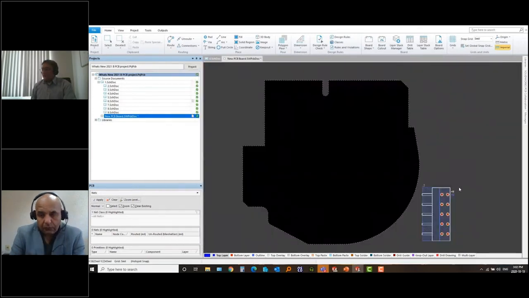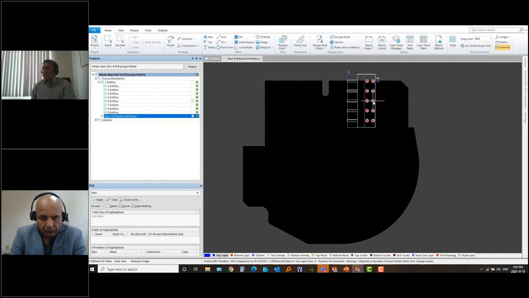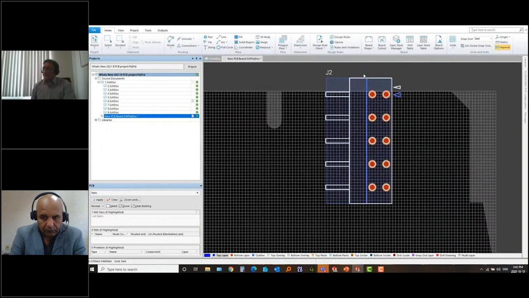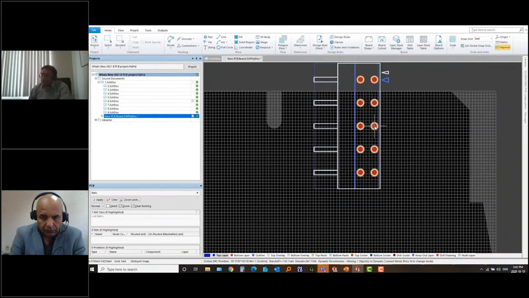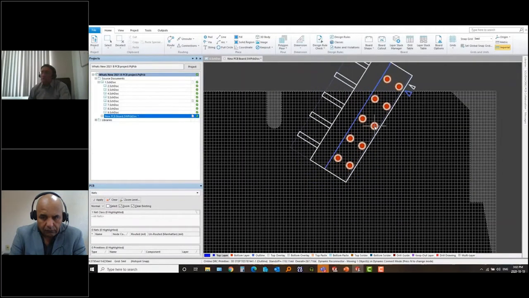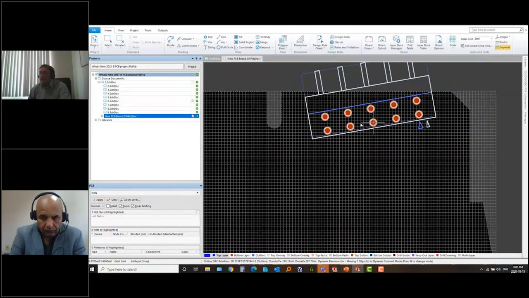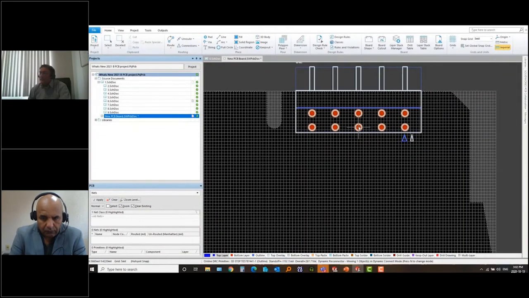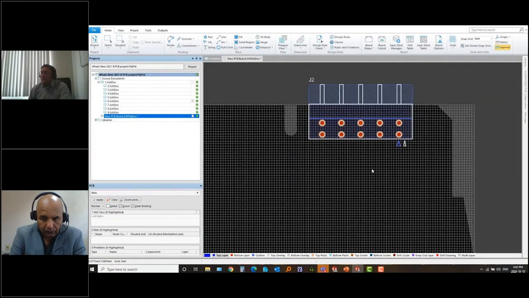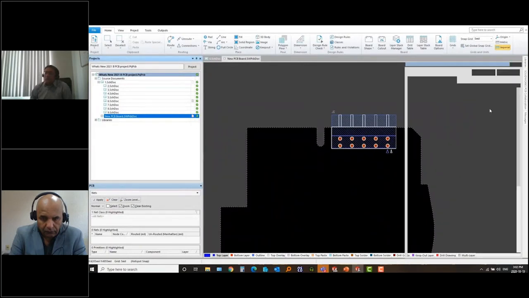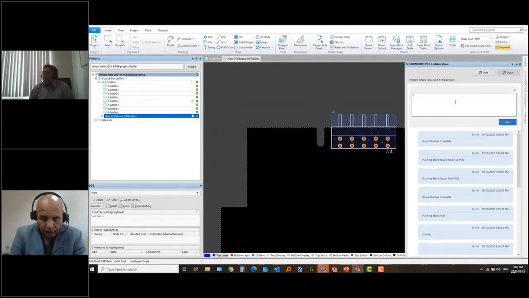So let's say we start with one simple connector. This is the one which is supposed to go with the batteries, with the fingers in it, right? So this is how you place components in typical ECAD PCB software. Like you will rotate it, you will place it. You can arrange the coordinate a little bit, but you don't know the precision. You are working in the dark because you don't know where the battery is going to fit, how the mechanical is